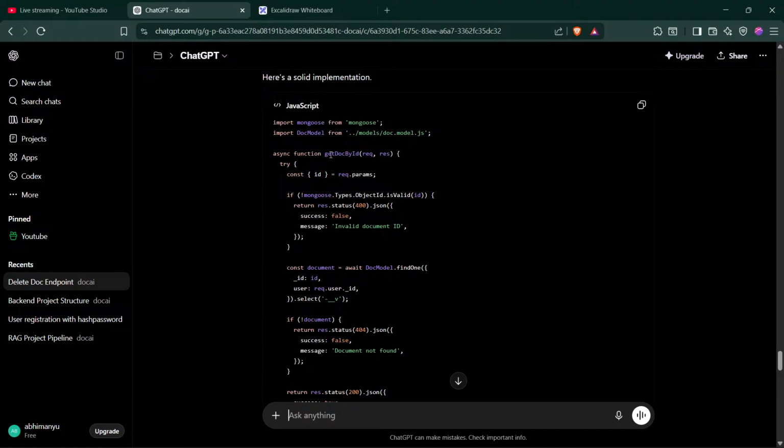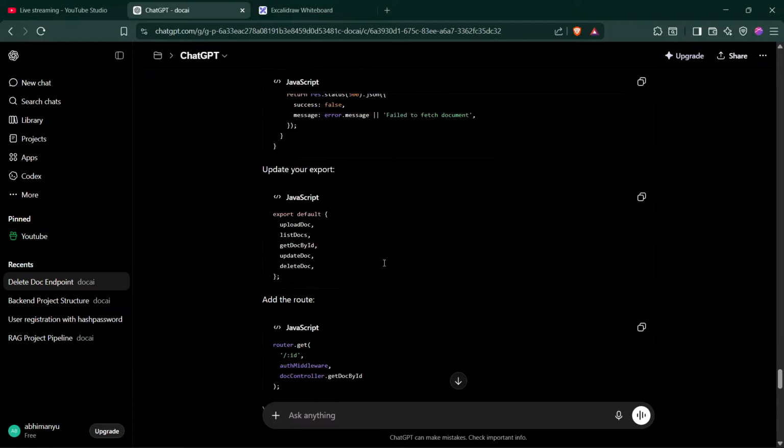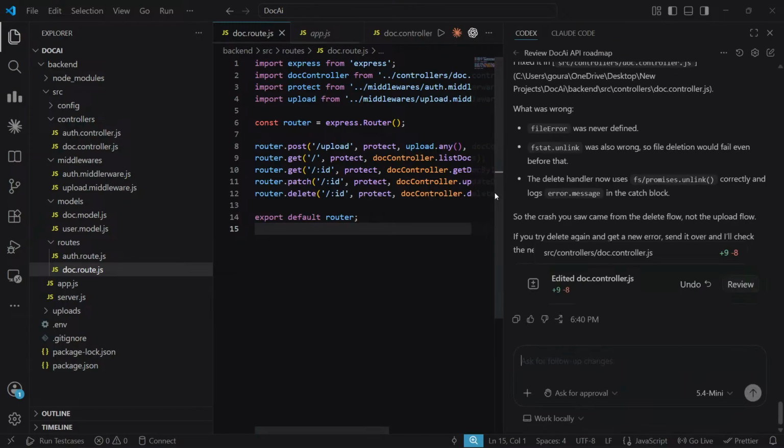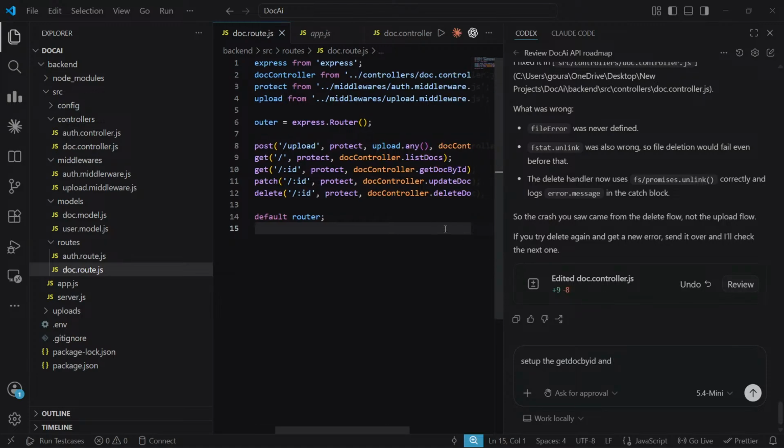We have a function get document by id. Okay, we are taking id from params and already we are okay. It's the same thing we did with upload. Set up the get docs by id and the last one, update docs.